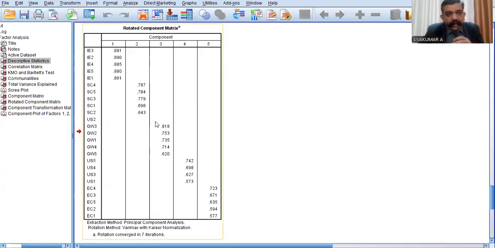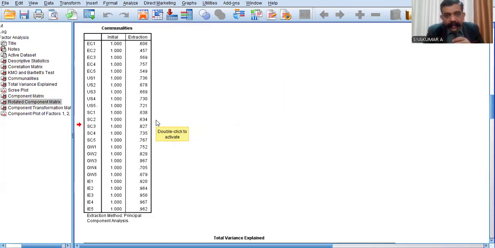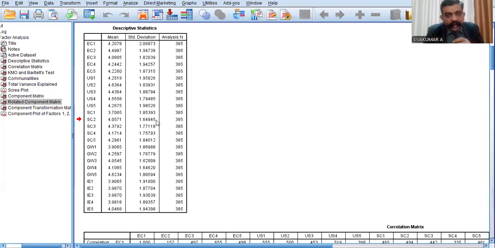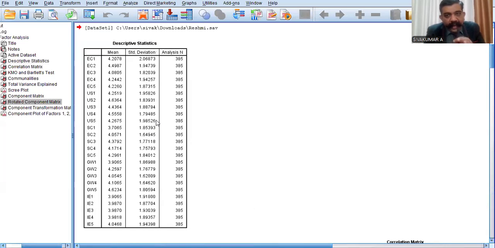Okay. Now you can see the output from yesterday. We have already discussed the EFA process. Now today we have to discuss the output generated by our SPSS file. First, you can see the descriptive statistics: 25 variables related with the 5 factors. You can see descriptive statistics items like mean, standard deviation, etc.